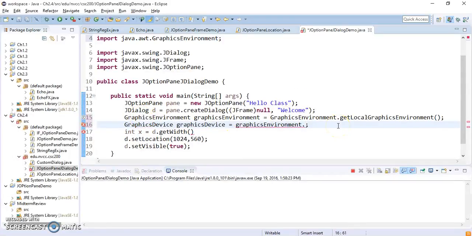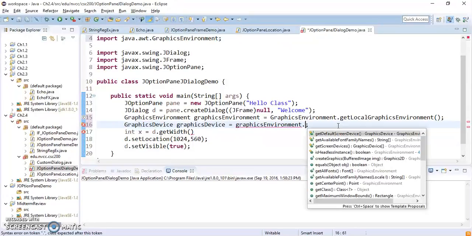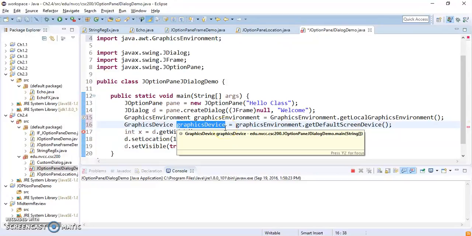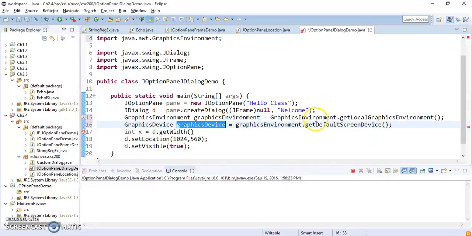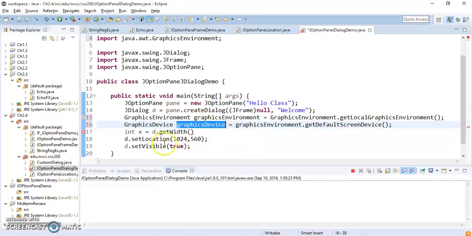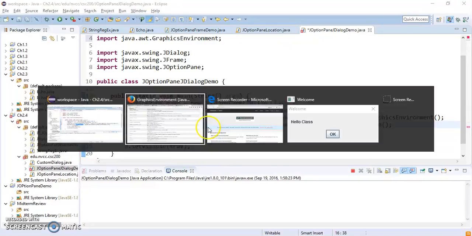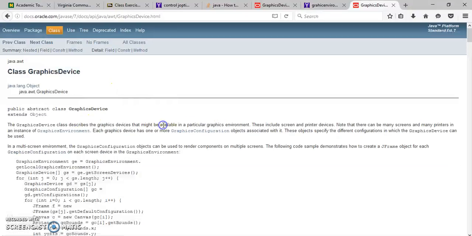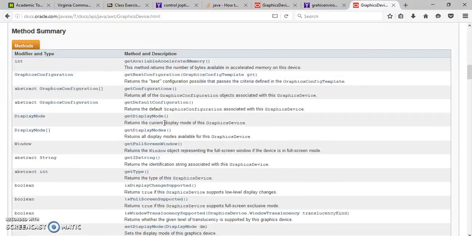Now we need to get default screen device, right? So getDefaultScreenDevice, which is returning a GraphicsDevice. Now you get into the environment first. Now you get to the actual screen that you're working on, right? Under the GraphicsDevice because it's default. Then you can access the methods of GraphicsDevice now. So let's look at GraphicsDevice. And what do you want to do? You want to get